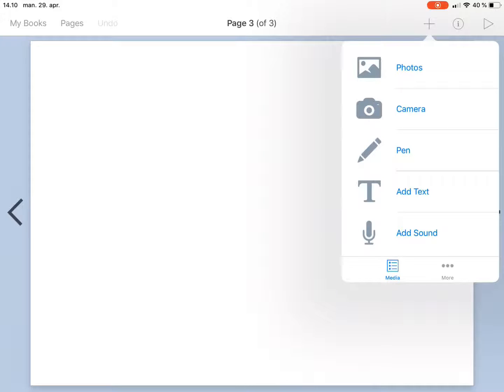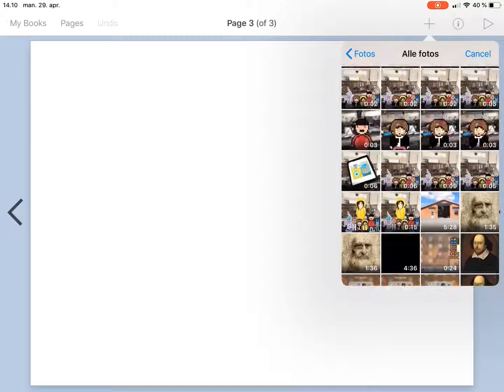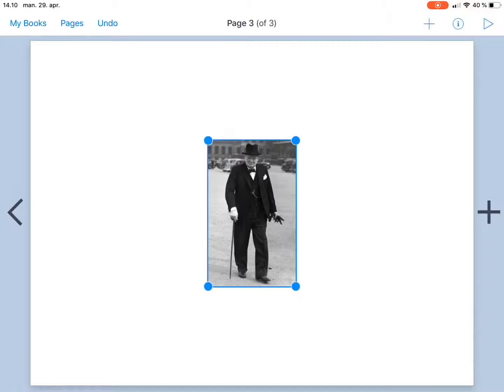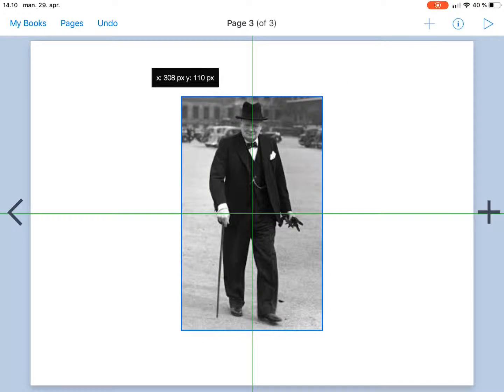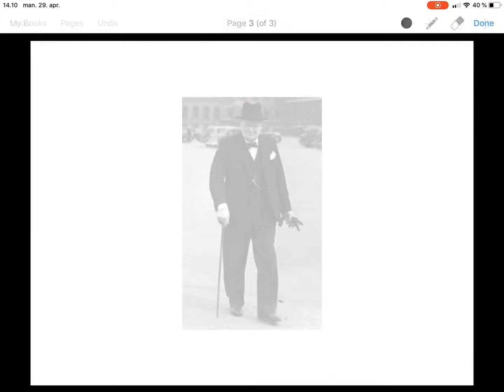So now I want to show you how you can use a photo in combination with the pen and add sound. So I'll press the photo, and I know I have my little picture here with Winston Churchill. I use that. So I will press the pen now. It opens a very simple drawing tool. So I could, just for the fun of it, write